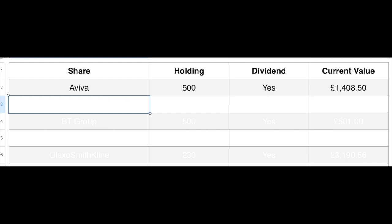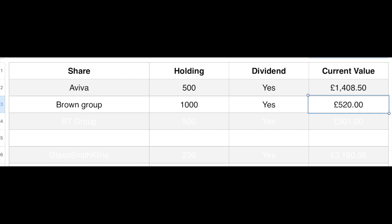So the second one in the portfolio here is Brown Group. These have gone down quite a bit since I invested in these, but because this is a long-term strategy at the moment, I am just holding on to those. I have 1,000 of those in my investment ISA. These do normally pay a dividend, and the current value for those is £520. They were worth quite a lot more until March or so, and then they dropped quite a bit,